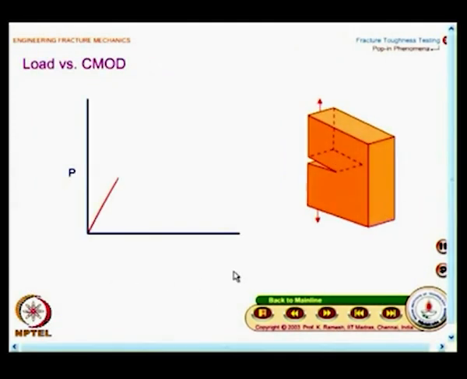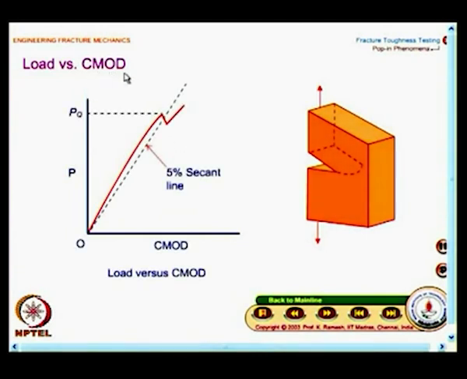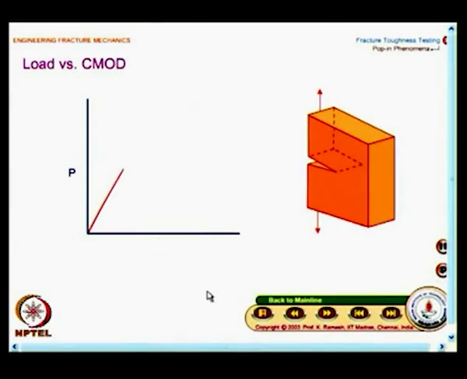In a fracture toughness experiment, what you do is you measure what is known as crack mouth opening displacement. You would measure the displacement in these two phases. So, in such a graph you will have a step here, and then you have a methodology to find out the load at which the crack has initiated. That will be done. Again I will repeat the animation, have a look at it